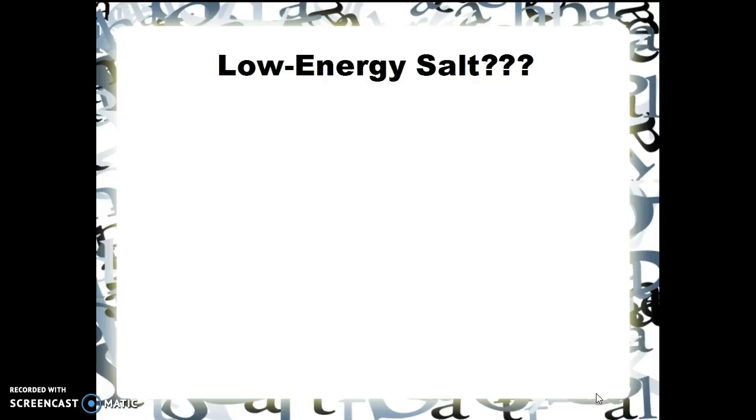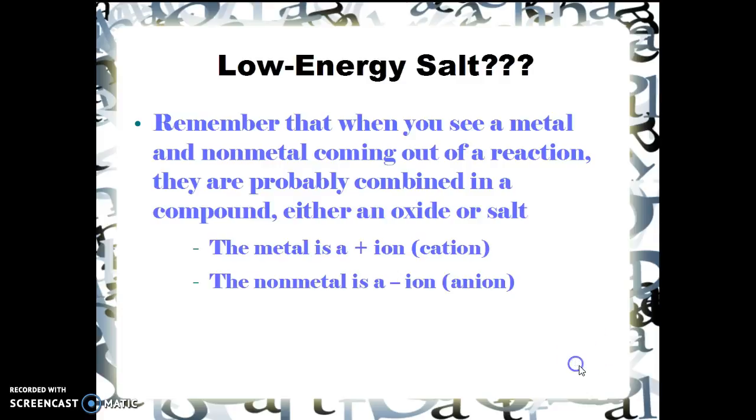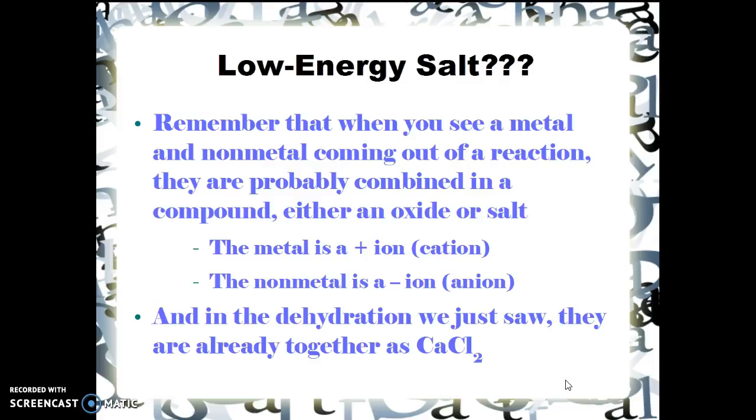Low energy salt? What in the world is that? Well, remember, when you see a metal and nonmetal coming out of a reaction, they're probably going to end up combined in a compound. And if it's not an oxide, it's probably a salt. And you remember when you study the periodic table that metals become positive ions and nonmetals become negative ions, and they can attract each other to form low energy compounds. The metal becomes a positive ion called a cation. The nonmetal is a negative ion called an anion. So in the dehydration we just saw in the previous slide, they are already coming together as calcium chloride, but